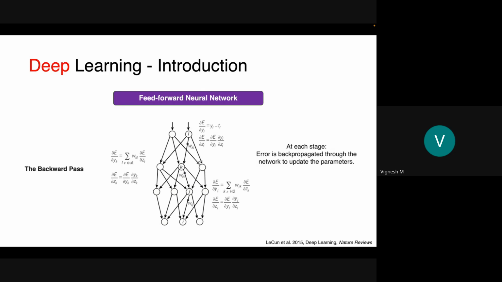And the concept is the same thing, okay? Let's say this is the error at the output stage, right? So you have the gradient of error with respect to your parameters, so yi minus ti in this case. So what you're doing is you're pushing it through this node, right? That means at this point, what is the error that was obtained at this point? So this error, y minus target or whatever it is,